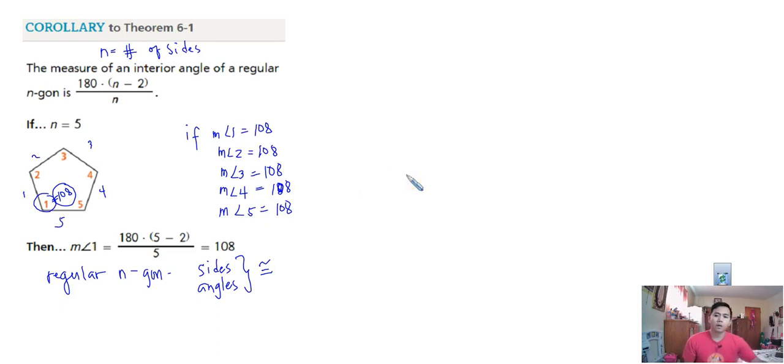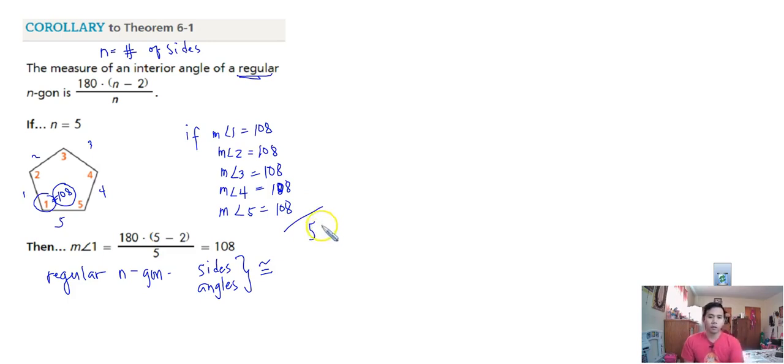Now, I have to give emphasis on the word regular. For a regular polygon, everything must be equal and congruent. So I'll repeat, when you see the word regular there, it means the angles and the sides are always congruent. So if you are going to check the sum of the interior angles here,